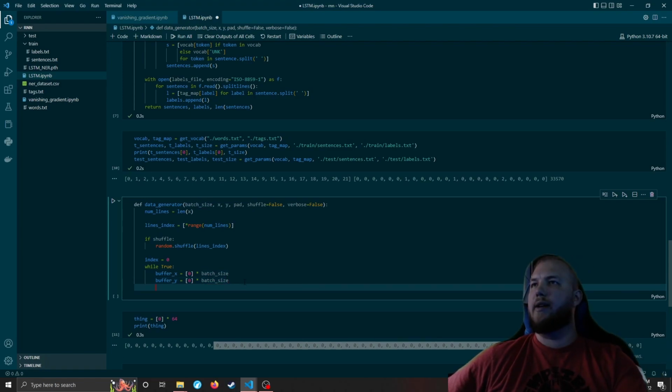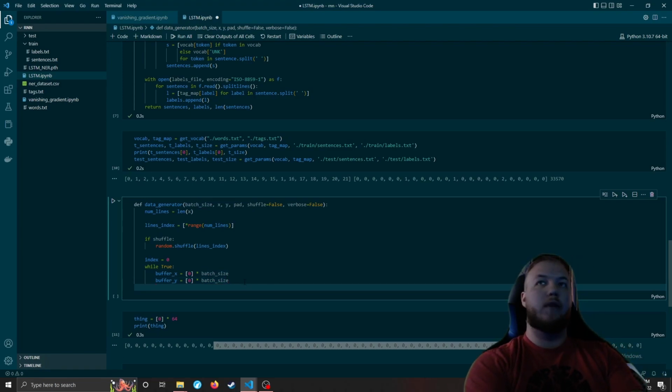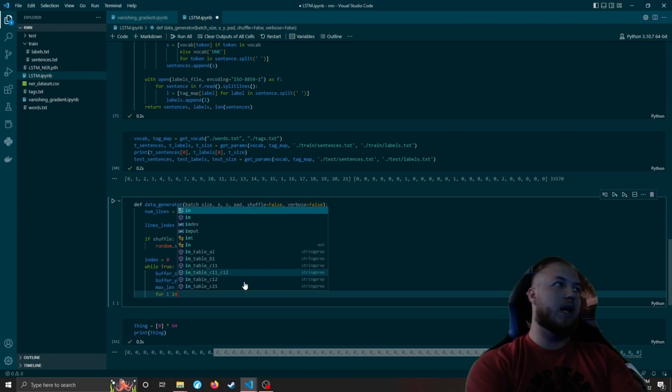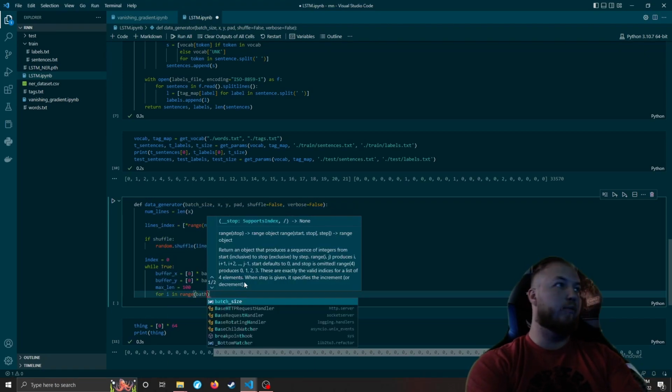They're the same length. They have to be in this. Max length equals 100. I think the longest one in this data set is in the 90s, but I haven't actually checked that. For I in range batch size,